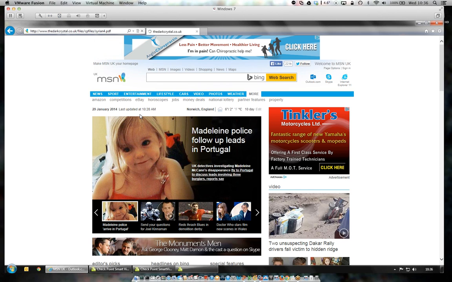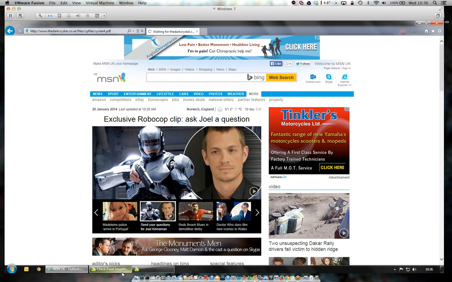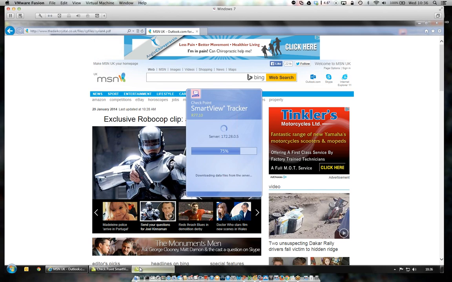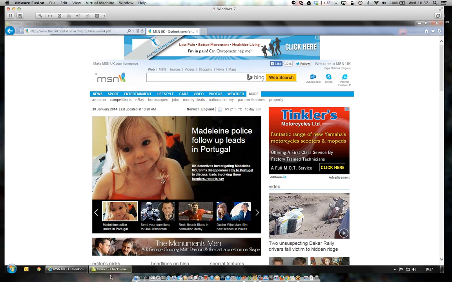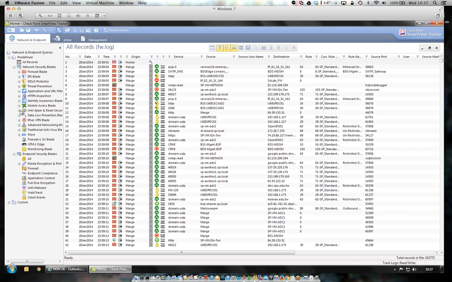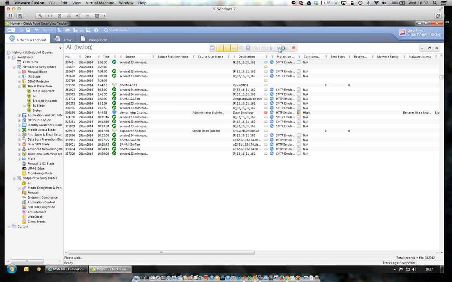And what you're going to see is this machine is just going to spin. You can see the swirl is just spinning. It's waiting, it's waiting, it's waiting. If I go in and look in Tracker at the threat emulation data, what you will see is a blocked file. And we'll then be able to look at exactly what happened when I tried to download that. So if we go in here and have a look at the bottom,